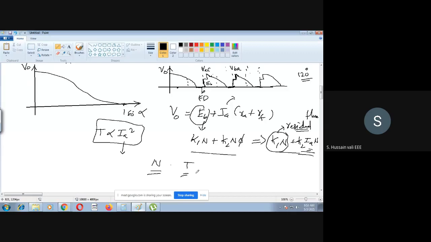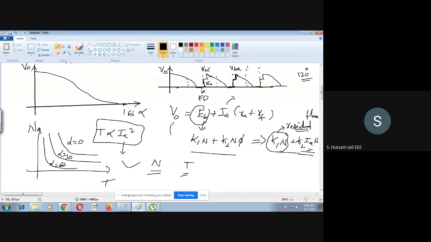So what is the relationship you will get? I will tell you one important thing that I told you already: the speed torque characteristics of your DC series motor is always like this, whether it is a single phase converter or a three phase converter. Okay, you will find this because it is a non-linear relationship. So as you go on increasing the value of alpha, you will get this, that this is the speed and this is the torque. This relationship you will get if you simplify all these equations. Okay, this we have done already in the previous cases, where you find the series motor. There you can extract it and you can get it here also. Okay, there is nothing else here.